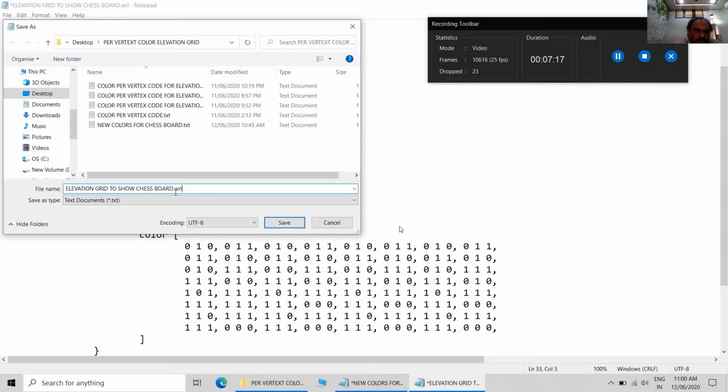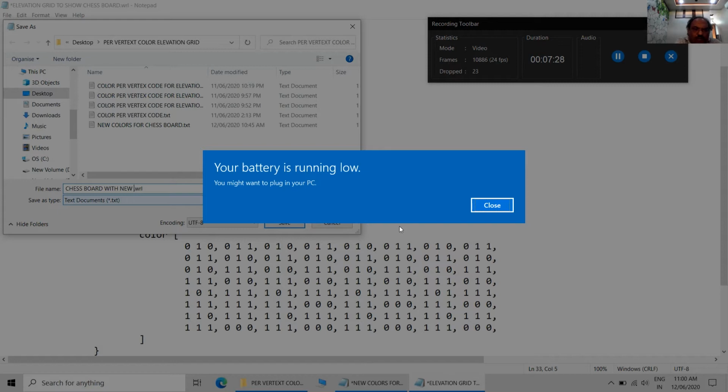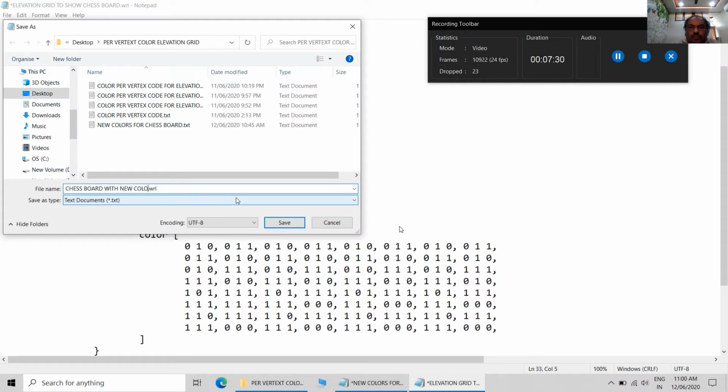Instead of elevation grid to show chessboard, we will save the file with a new name: chessboard with new color per vertex values.